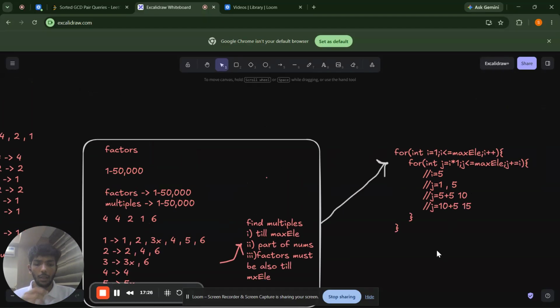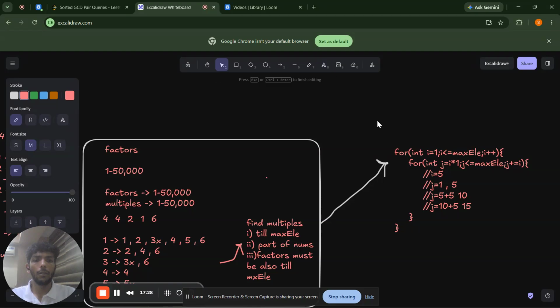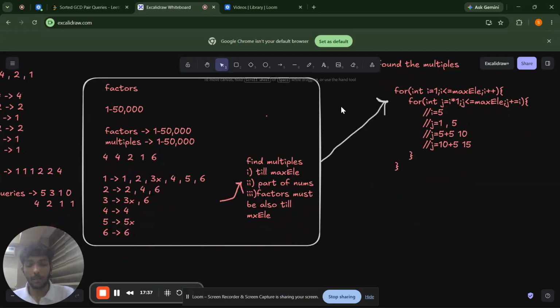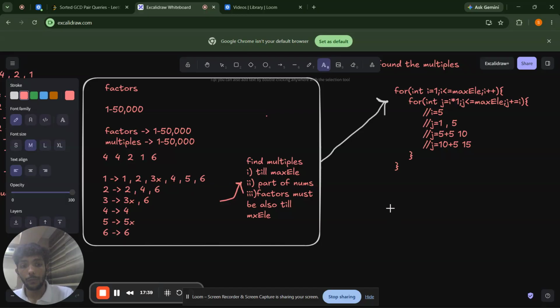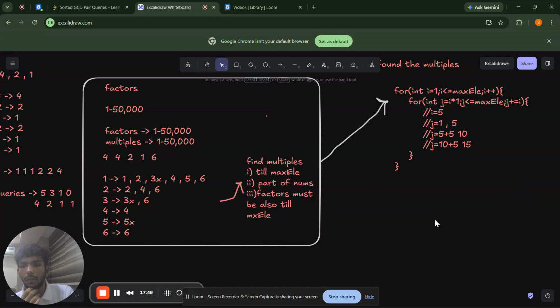Okay, now that we have found the multiples, our main task is to find GCD. But for finding GCD, one of the key requirements is the factors. But what we can do is now